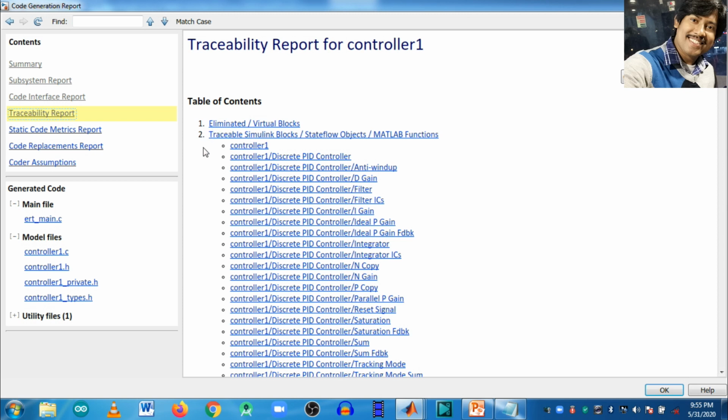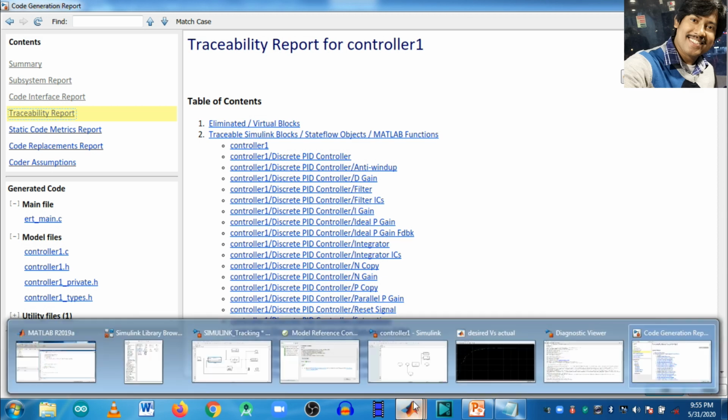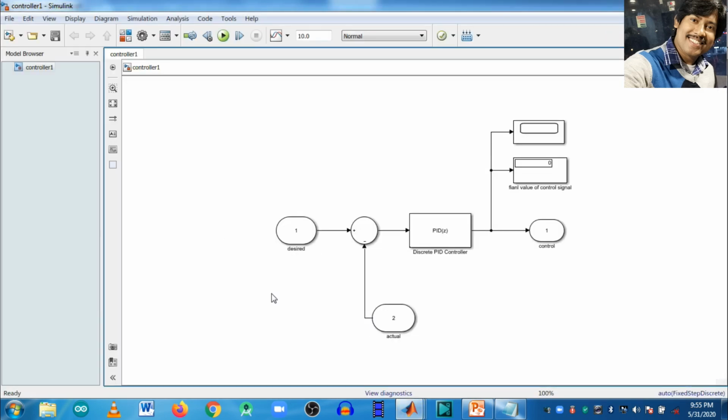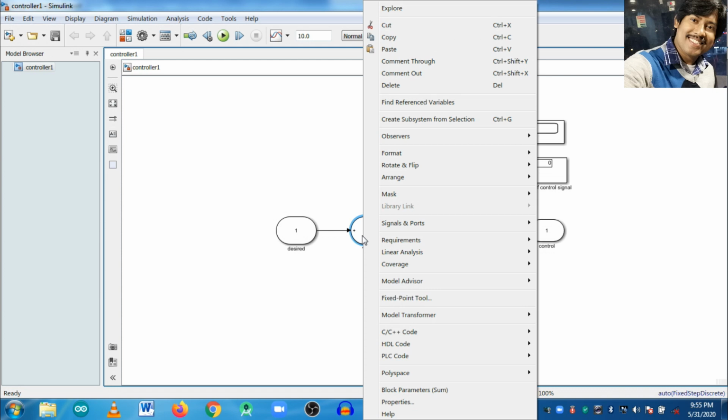So right click on that, C/C++ code, navigate to C/C++ code, click on that. Now see, this is the part, sum. In this way we can track all components, or here too we can move to that point. If I click here, then we can go to that point. So all code is generated here, and supporting files also.